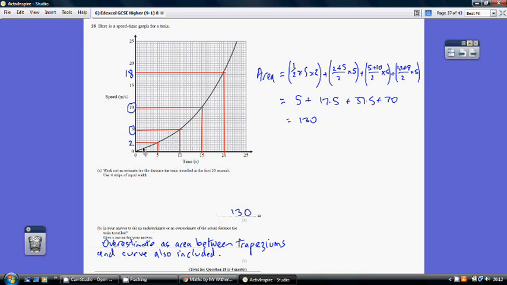Well, think about it. We've got a triangle here that we've used to estimate, then a trapezium, and so on. Now, if you were just to draw in a straight line there, and the straight line at the top of the trapezium,